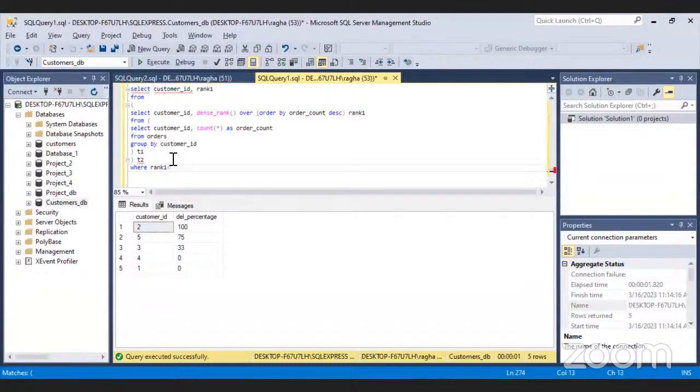So I would be using rank still equal to 5.